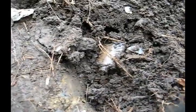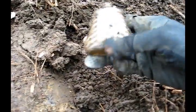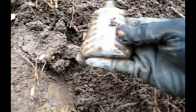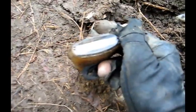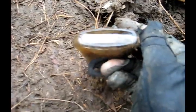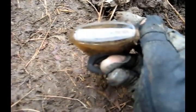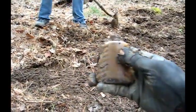Alright, we got the first bottle coming up here. Let's see what it is. Look at that. I can't tell if that's a perfume bottle. It looks like perfume. Will it tell us anything? Something Curtis. Henry Curtis or something like that. I don't see any dates on it. But that's nice. If that's perfume,